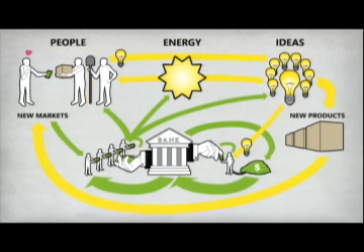And that new stuff is connected in this interconnected web where ideas are driving the invention of new products. And those new products are then sold to these new markets, new people, and that's how wealth gets into the system. And for this entire thing to go, people have to eat. These are human beings that are involved in this entire thing, and they have to get the energy to think and to work, and that comes from our food and our environment.